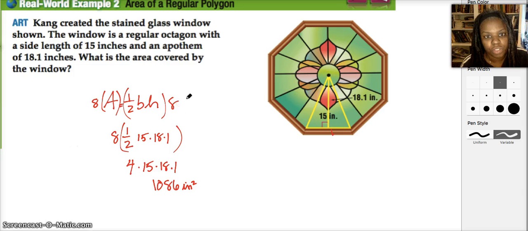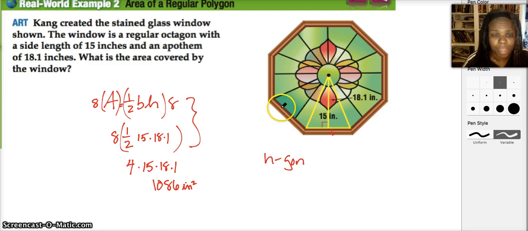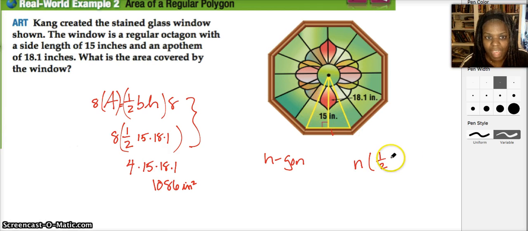And so this is kind of alluding to a formula here. To find the area of a regular polygon, whatever the number of sides is, let's say to find the area of an n-gon, an n-sided figure, and we know we're talking about a regular polygon here. What we're going to do is take the number of n sides, and multiply it by the area of the triangle, 1/2 the base, or maybe the side, times the apothem. And so n times 1/2 times the side times the apothem, that's the area of a